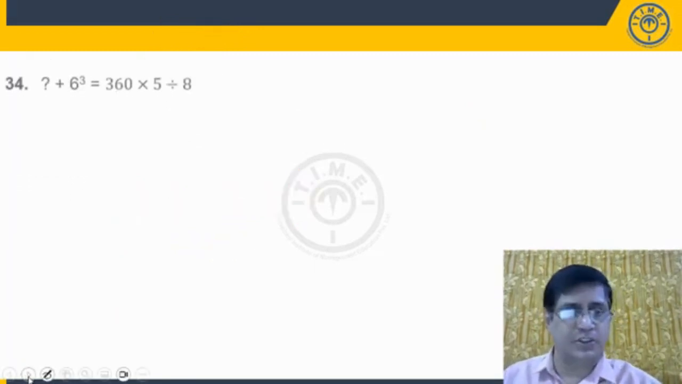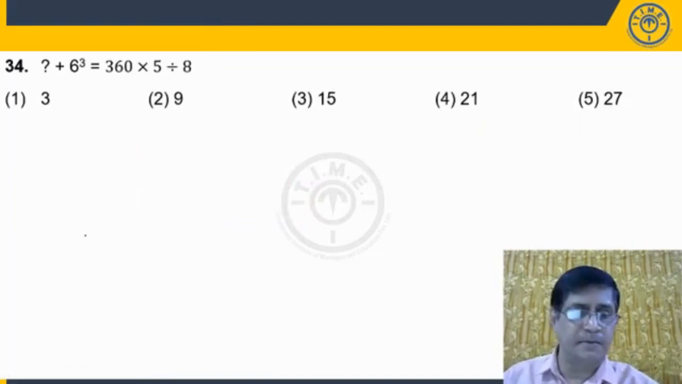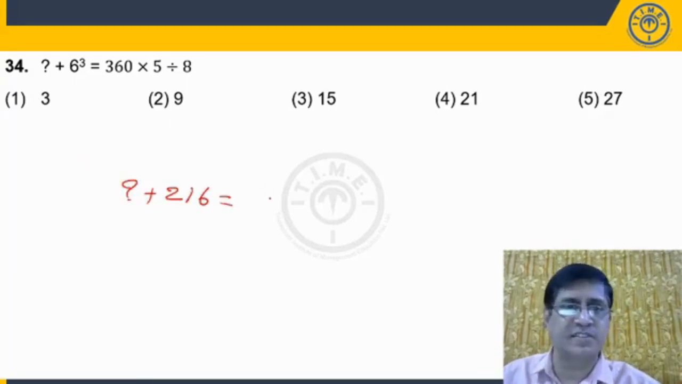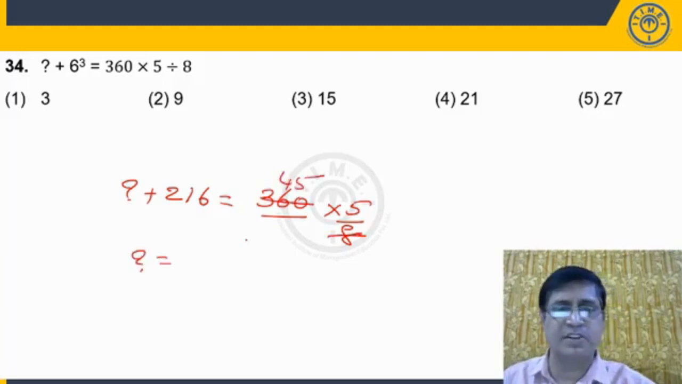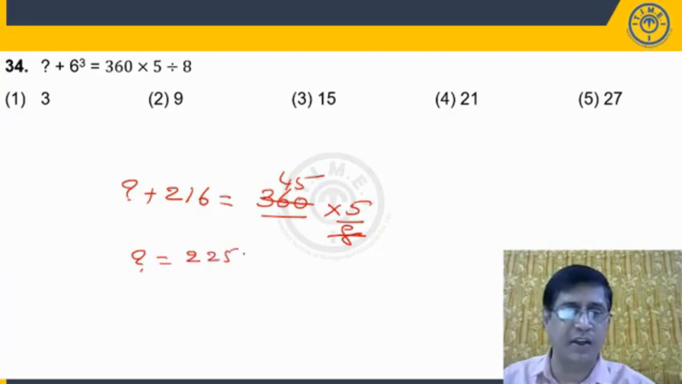Now look at the next question on your screen. Question mark plus 6 cube. The value of 6 cube is equal to 216. Now 360 into 5 by 8. Now just to simplify this, what is the cancellation? 8, how many times does it go? It goes 45 times. Now the value of question mark is equal to 5 times 45, that is 225